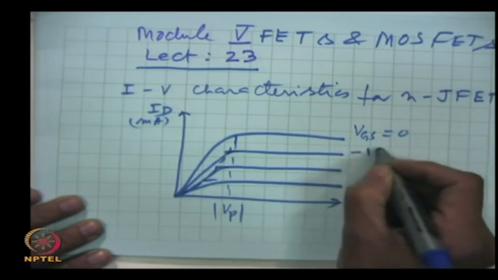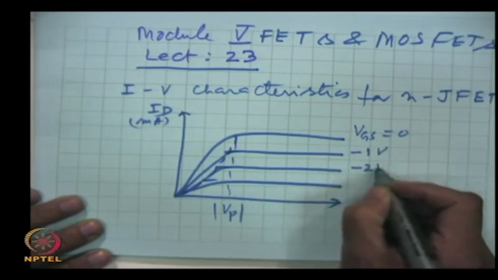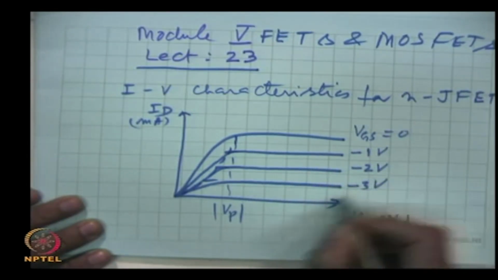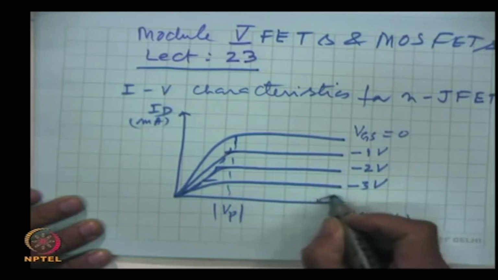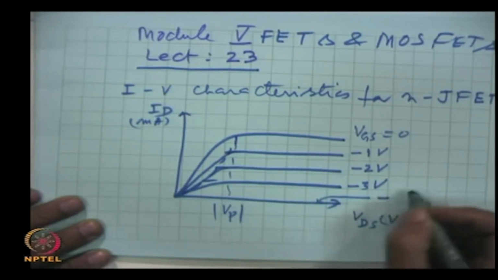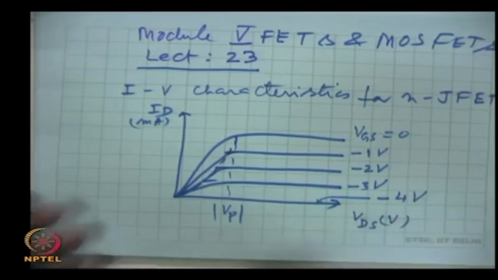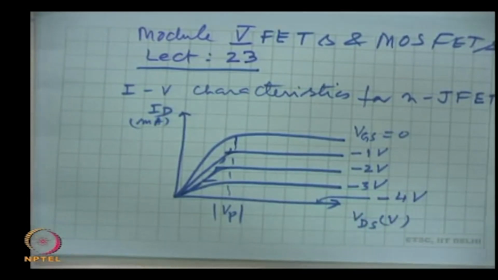This is -1 volt, -2 volt, -3 volt, and here for example we will get the characteristics for -4 volts. These IV characteristics, the drain characteristics of the junction field effect transistor, can be divided